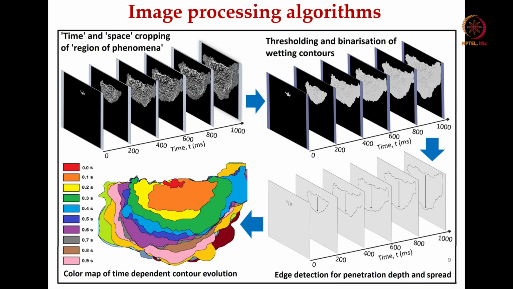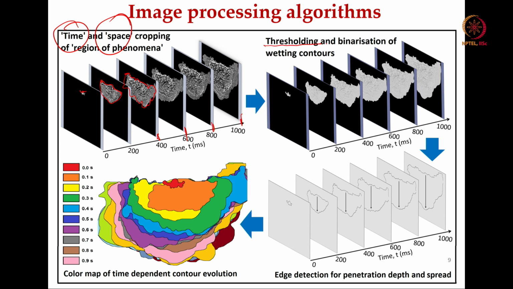So this is what I was mentioning to you a few slides back, that these 2D images are to be segregated both in the time and space domain, and this is called the region of interest. It is at the very start of the experiments, then as it interacts, the binder is penetrating into the powder bed. It is going deeper and deeper into the powder bed. It is like at 400 milliseconds, it goes to 600, 800, 1000 milliseconds. It goes more and more into detail.